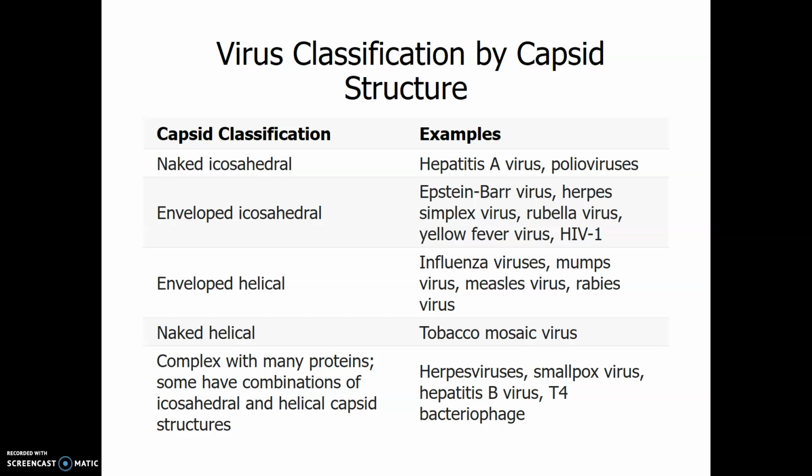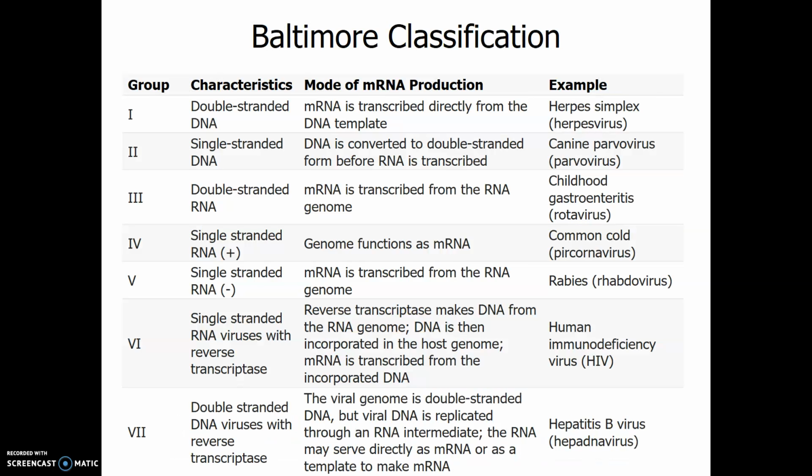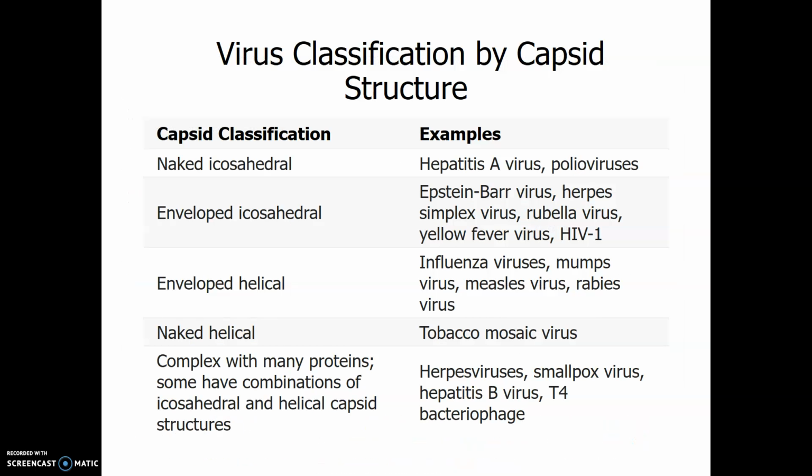So then we have classification by capsid structure. There's no need for you to memorize this information, by the way. I know I'm throwing a lot of information at you. There is one classification system, and I'll go ahead and show it to you, the Baltimore classification. This is the one that I tend to focus on more, as far as if I was going to ask a question on an exam. The Baltimore classification is the best one I think that's out at this point in time. So let's go back. Okay, so in this classification, we're looking at the capsid